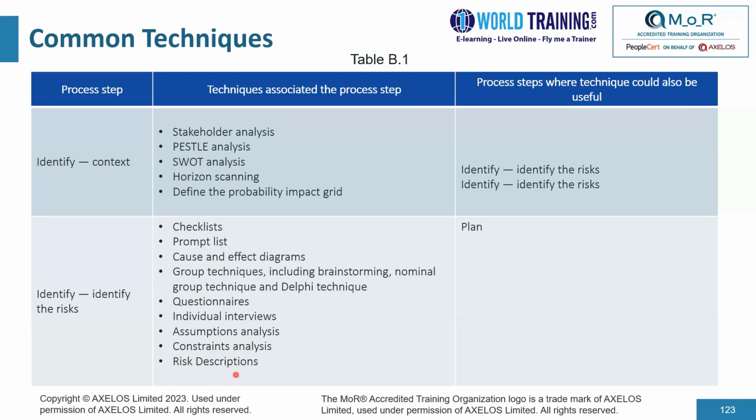And it is good to describe your risk in the cause, event, effect format. Because of an XYZ reason, a risk might occur, which might result in a particular consequence. Example: because of poor weather conditions, the machine may malfunction, resulting in a cost overrun or a timeline delay. So it is good to describe risk in that format. And certain of these techniques are also used in the plan step of the process. Let's move on to the next